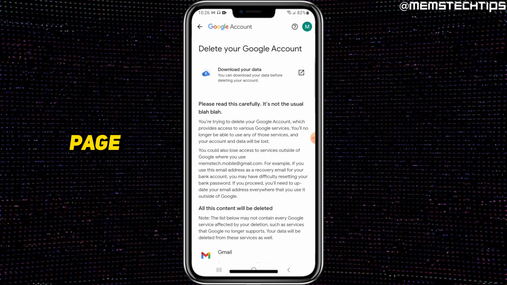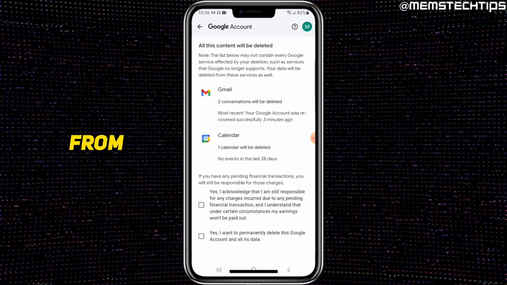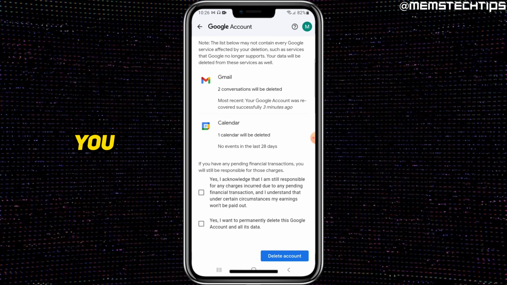Then you'll find this page where you can delete your Google account and you have the option to download your data if you have anything stored inside of this Google account. Then you can just scroll down and you'll see all of the content that will be deleted from this account. And then once you're ready, you can just select these two options and then tap on Delete Account. And that's going to permanently delete this